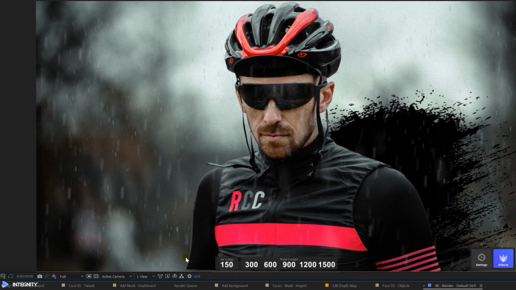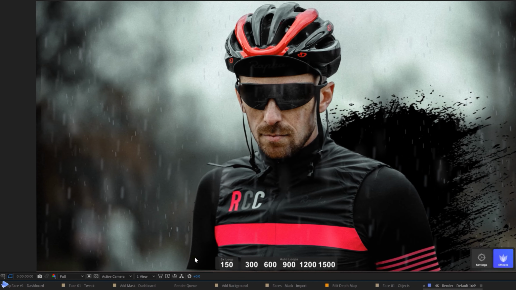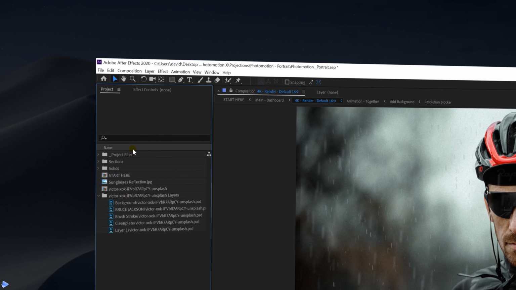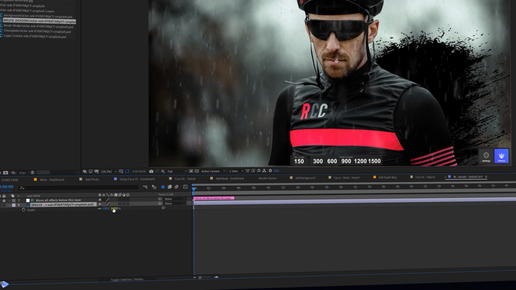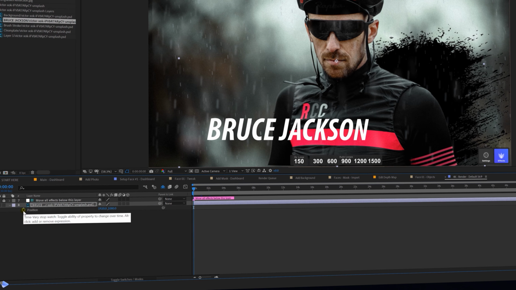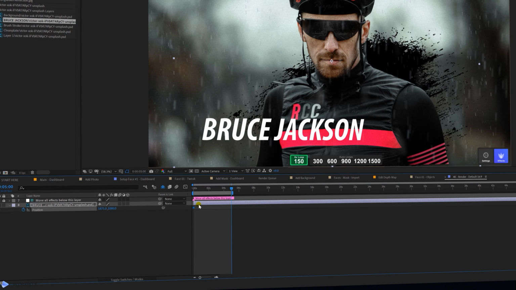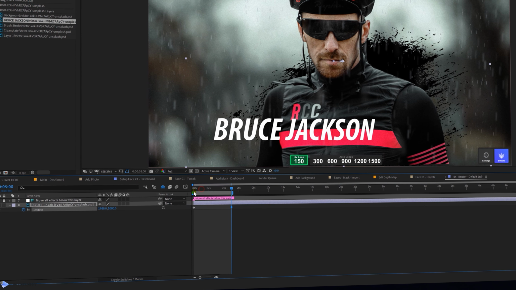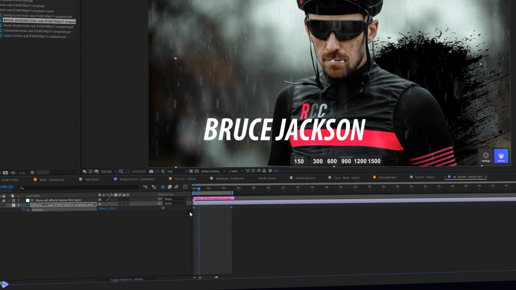Now, there is one final thing we'd like to add here. So if you remember to the beginning, we also had this text layer just over here. So the best place to really add it in is just within this composition here. So we'll just take it from the project tab, drag it into this composition, and then just scale it accordingly so it fits roughly in the place that it did so in Photoshop. Then what we'll do is just have it react in a similar fashion to how the reflection and the deck were moving, just moving it slightly to the right. We'll then select both the keyframes and then convert them to easing, so of course it matches the other animations